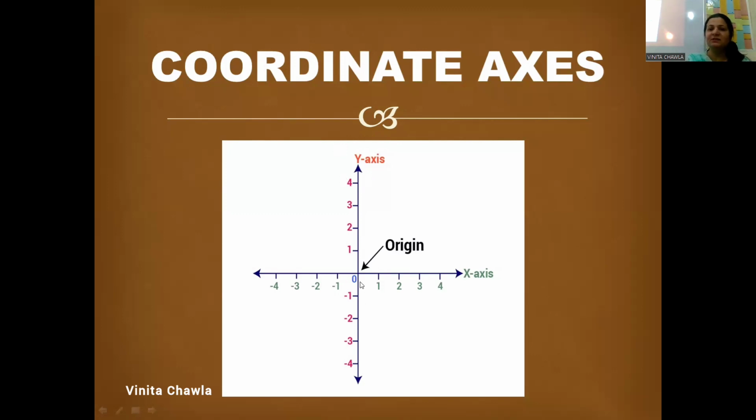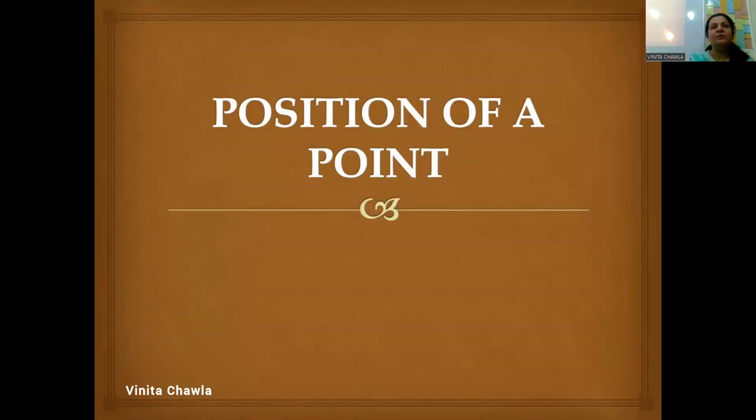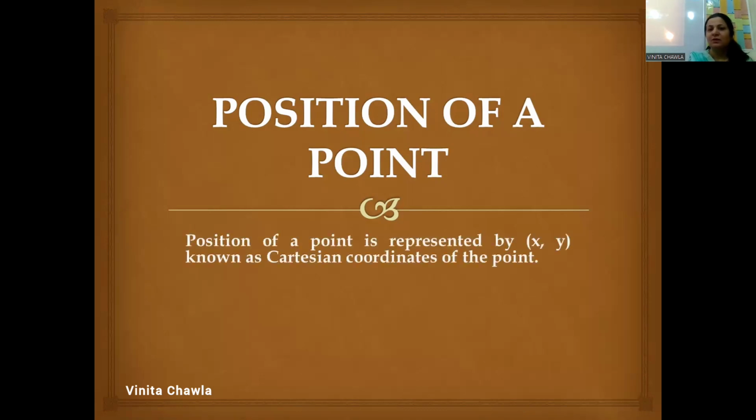and negative y-axis, and this is the origin where the two axes meet. Okay, that point is the origin. And at origin, both x and y coordinates are 0, 0. So position of a point. How do we locate a position? Locate the position of a point on coordinate axis. So position of a point on coordinate axis is represented by (x, y), which is known as Cartesian coordinates of the